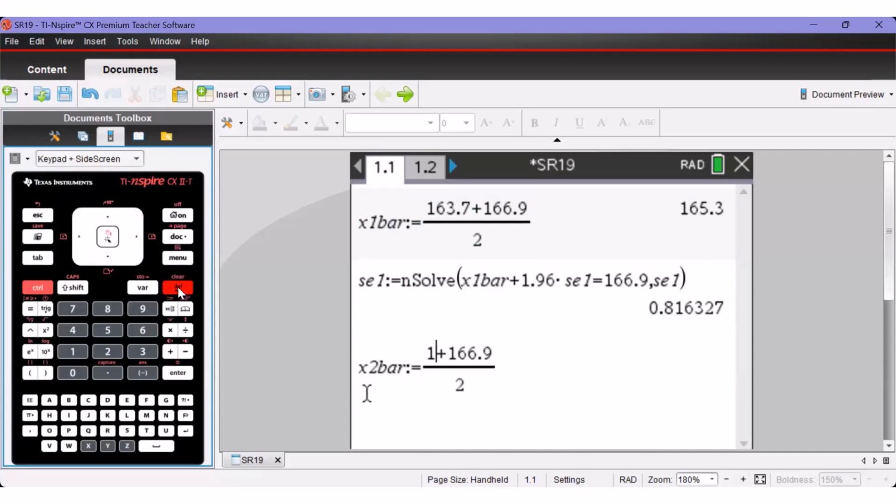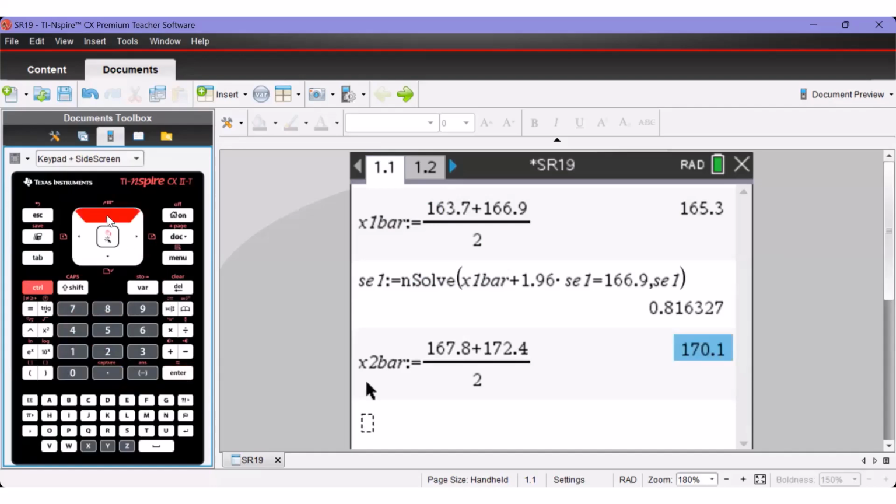So the numerator we can write as 167.8 plus 172.4 divided by 2. Press enter, and we get x2 bar to be 170.1. And what we're going to do now is edit this equation, and we're going to